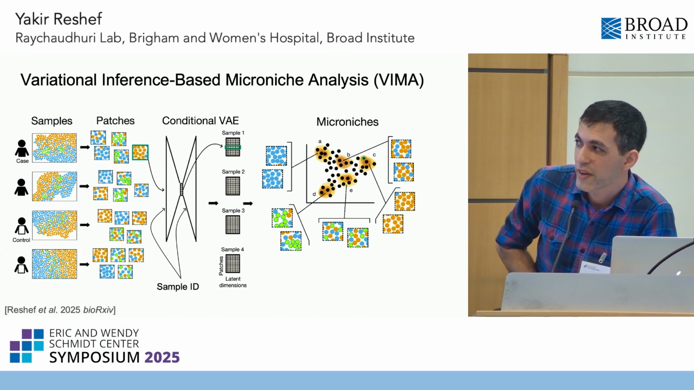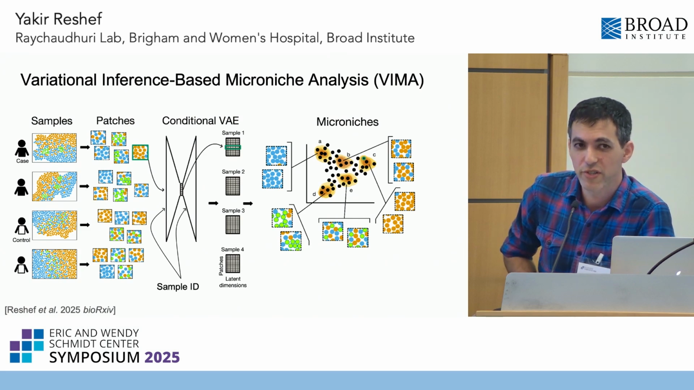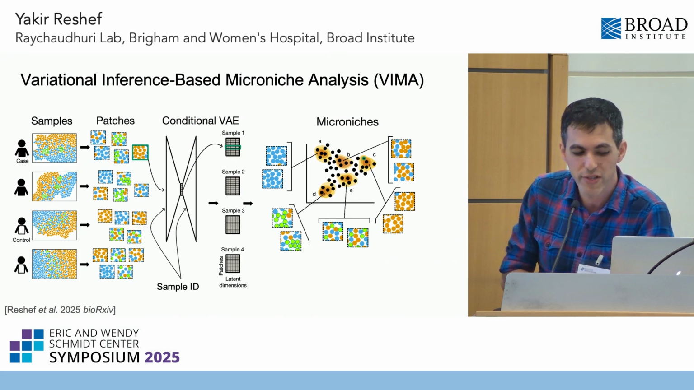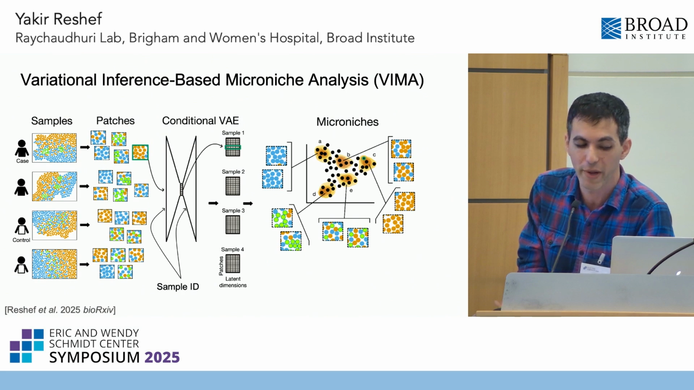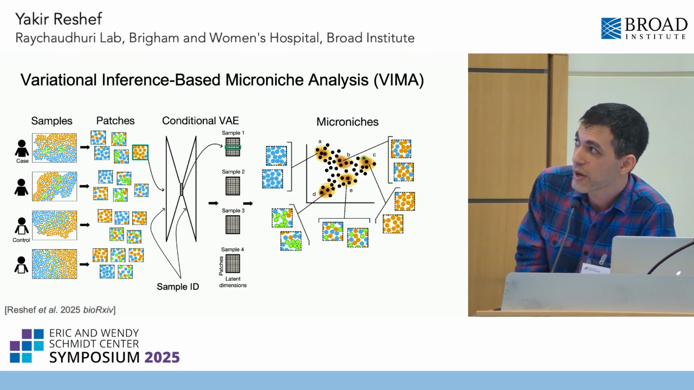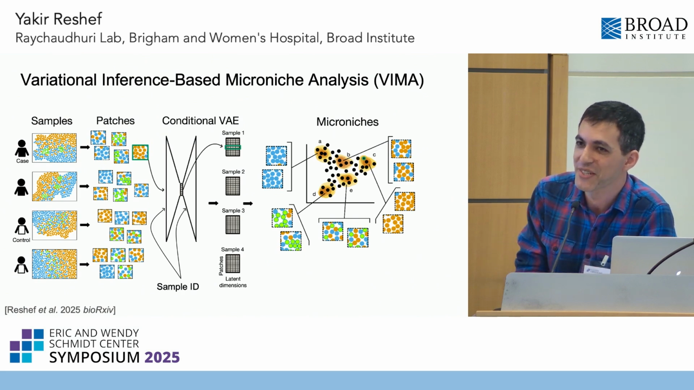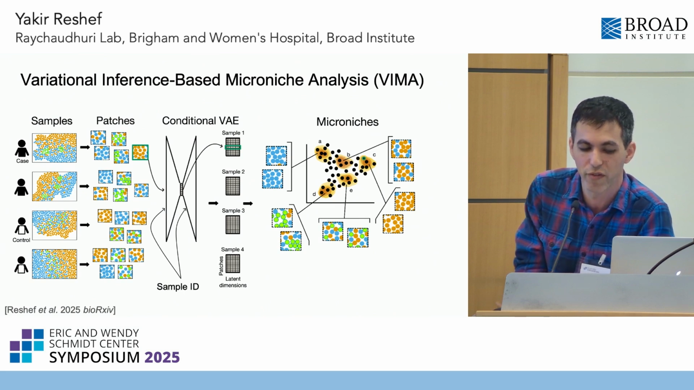Instead, we define for each patch what we call a microniche, which is composed of patches that are close to that patch in the nearest neighbor graph and ideally come from many different samples. Belonging in these microniches can be fractional, and the microniches can overlap. So the idea here is really to build a redundant and flexible representation of what's going on in each part